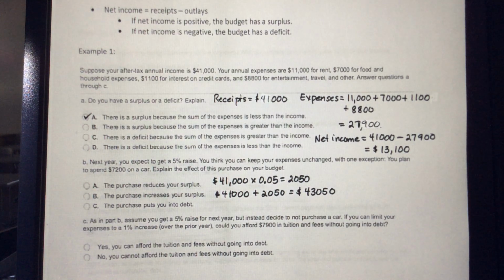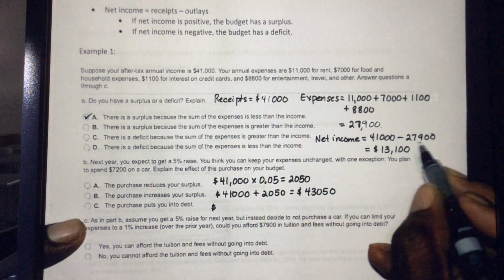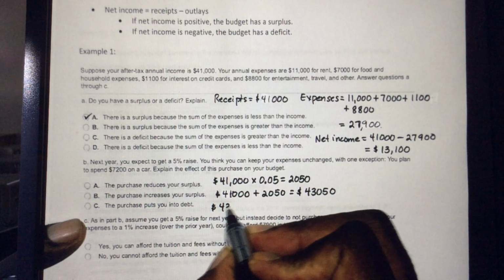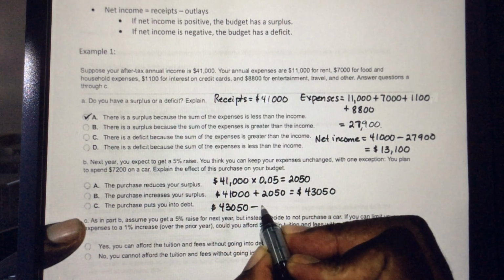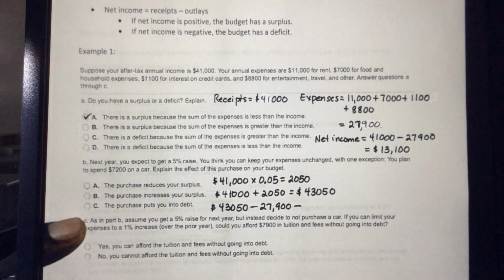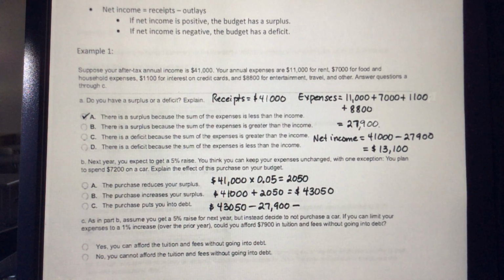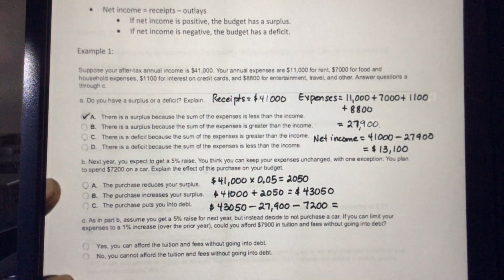Now we're going to keep our expenses unchanged, so we're going to subtract the expenses of $27,900 from the $43,050. And then we're also going to subtract how much we plan to spend on a car. That's $7,200. So our new net income,